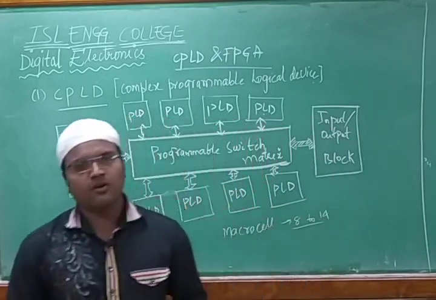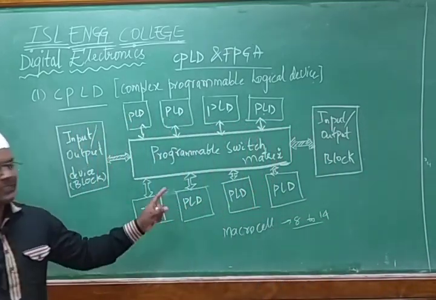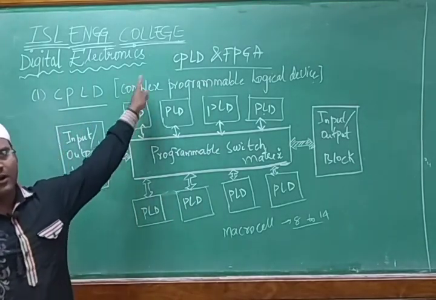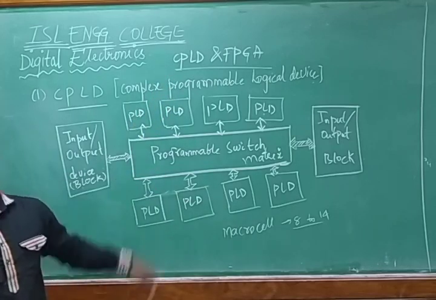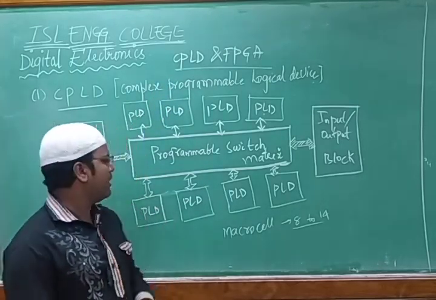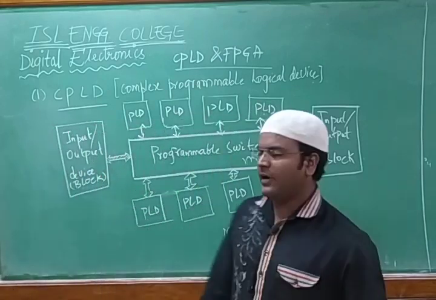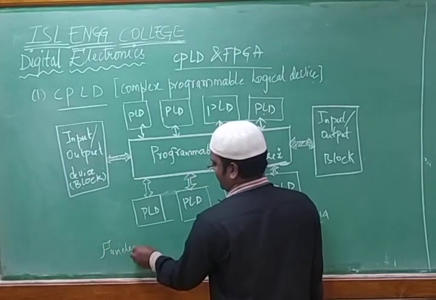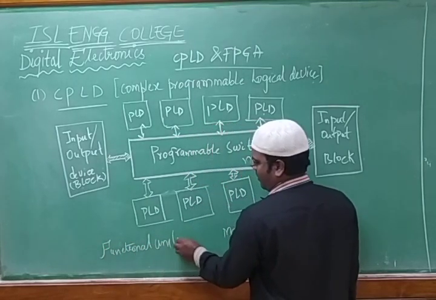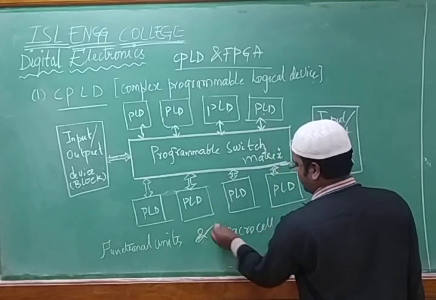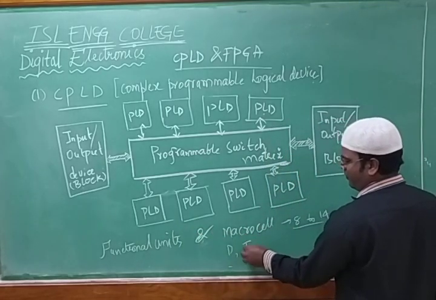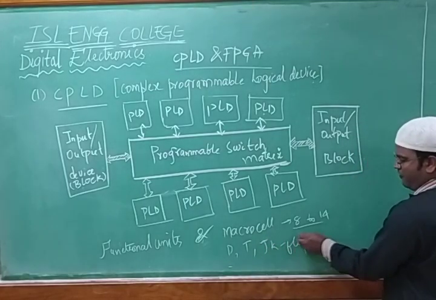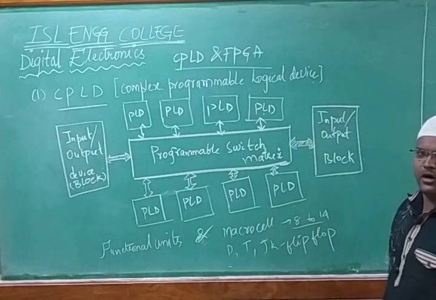What are these macro cells all about? Macro, in the sense, means it is going to take that particular cell. From that particular cell you are going to do the programming. After doing the programming you are able to write the output. That means you are able to do the functionality of those particular functions. So how do we get these micro cells? You can get them by considering the flip-flops. The flip-flop is going to work like a functional unit. These micro cells can be designed by using T flip-flop, D flip-flop, JK flip-flop, and so on. By using the flip-flops your PLD is going to work.